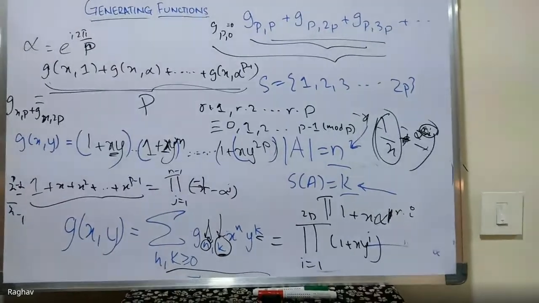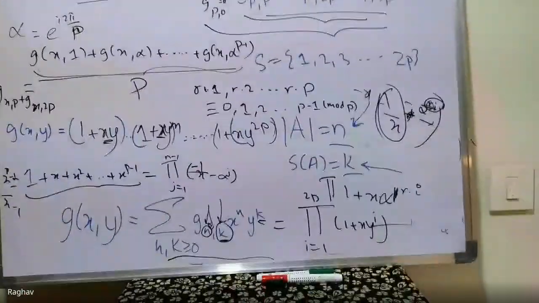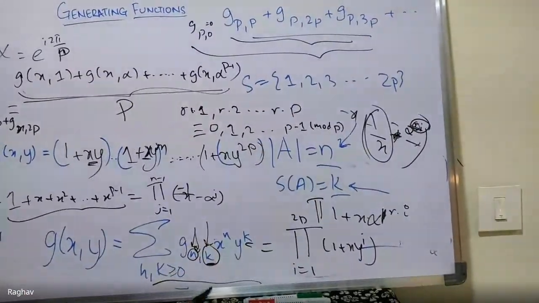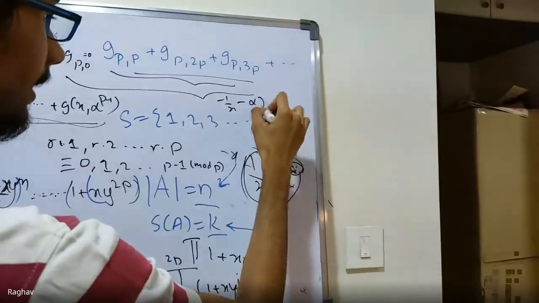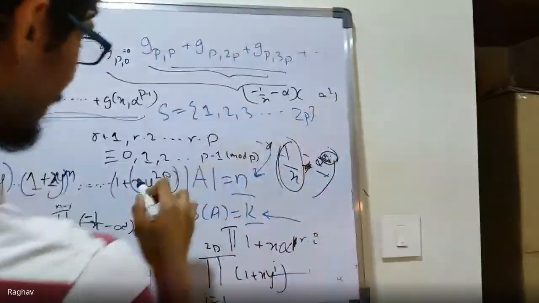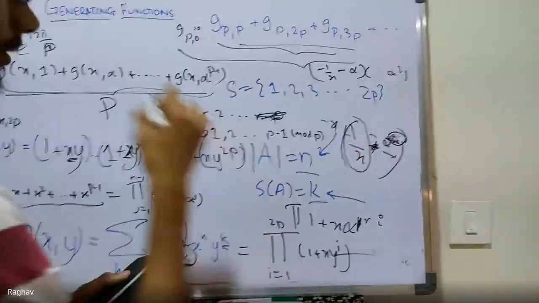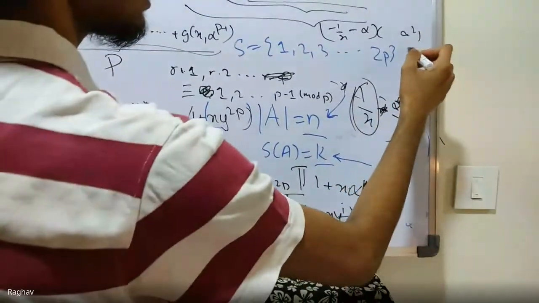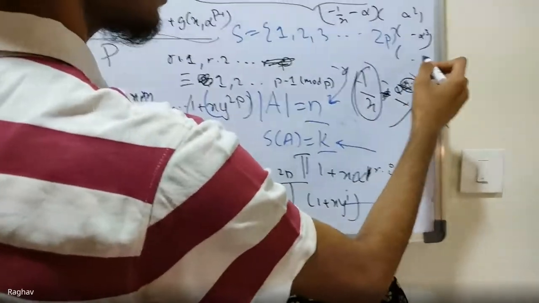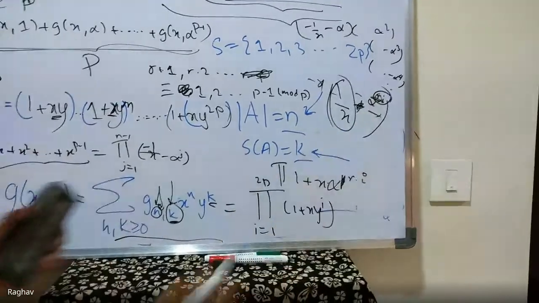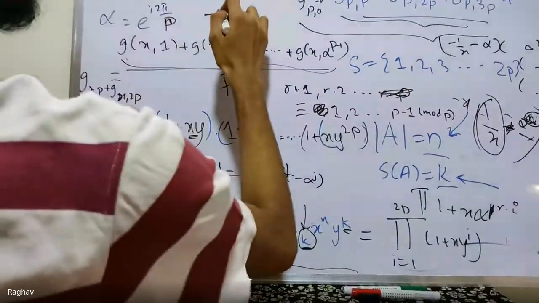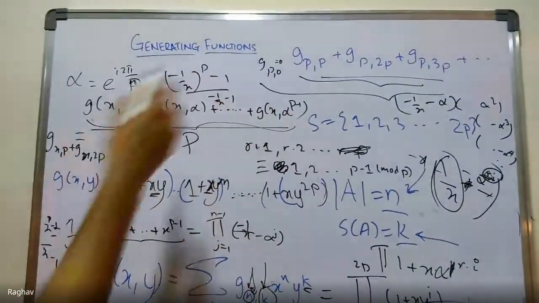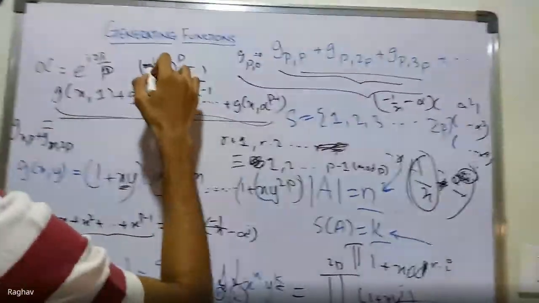So the product of all of them, it doesn't matter which one maps to which, will be equal to minus 1 by x minus alpha, alpha squared. Okay, clearly this r into p is only the 0 one. That's a multiple of p. That minus alpha to the 3, minus alpha to the 4, till p minus 1. So basically just put minus 1 by x here. And p is odd, that lets us pull out the minus as well.